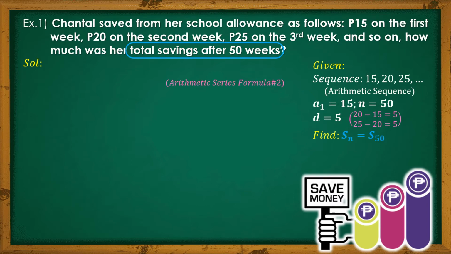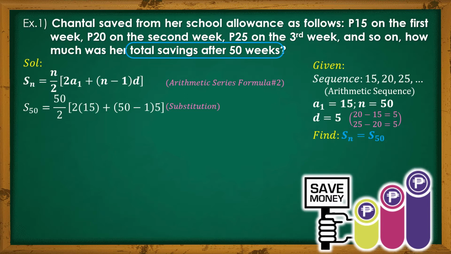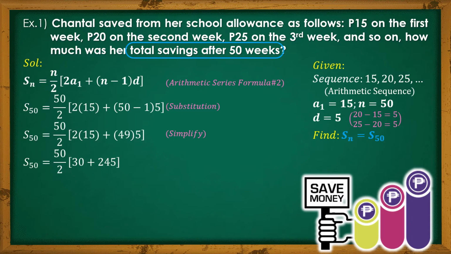Using the arithmetic series formula number 2, yes, we will be using S sub n equals n over 2 times the quantity 2 times a sub 1 plus the quantity n minus 1 times d. And by substitution, we'll get this. By simplifying, we will start with 50 minus 1 is 49. Times 5 is 245. Plus 30 is 275. Times 50, yung numerator, is 13,750. Divided by 2, we get